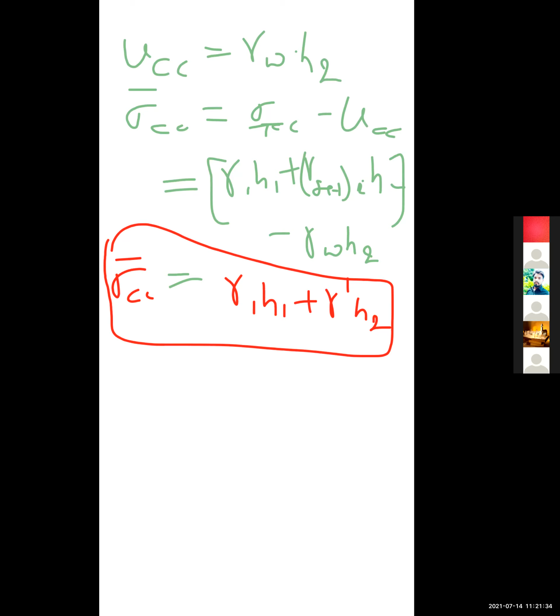Now, the third case we can consider is if the water table is at ground level. So this is the figure. This is A, this is B, and this is C. Here is soil 1, here is soil 2. Now the water table is available at A level. Here is the water level, and also here is the ground level. So now what is the effect on effective stress at A, B, C levels?